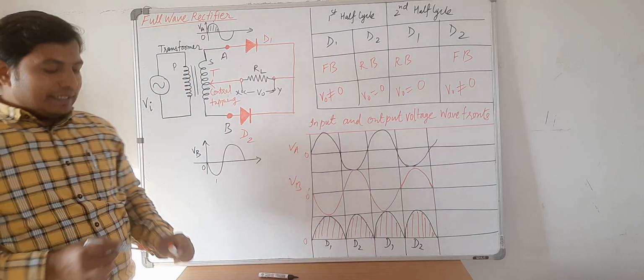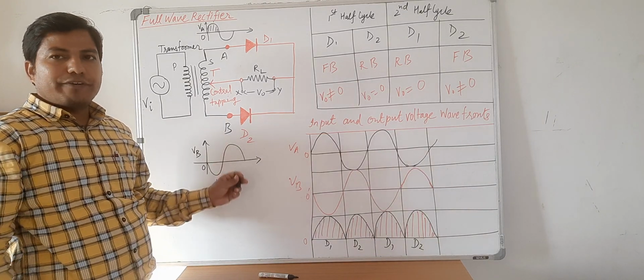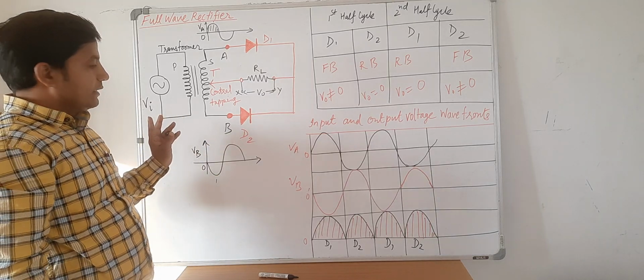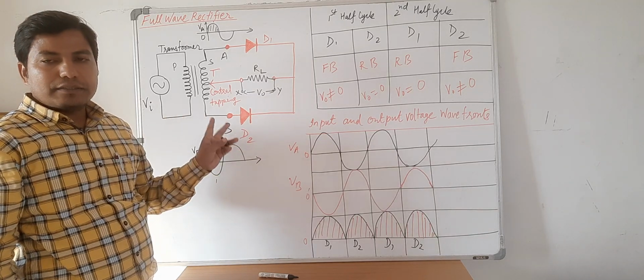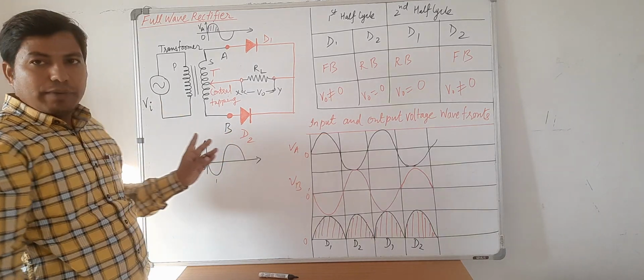In the CBSE examination, a direct question is asked: draw the circuit diagram of the full wave rectifier and draw the input and output voltage of the full wave rectifier. This question carries 3 marks. This 3 marks question is asked directly in the exam. If you have any query, then you may ask me.